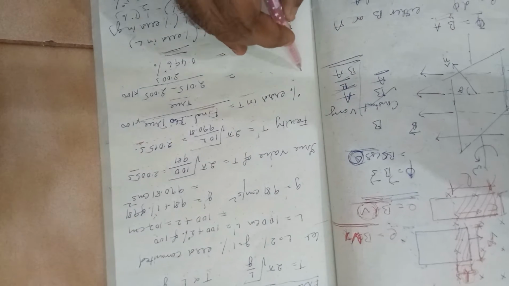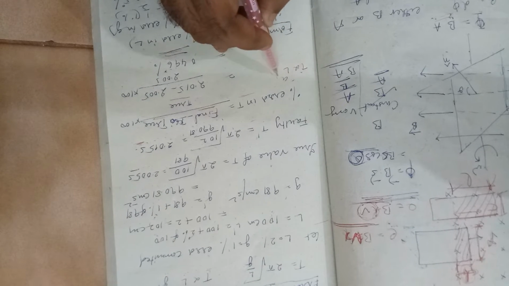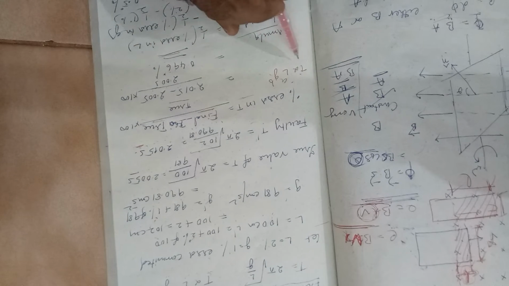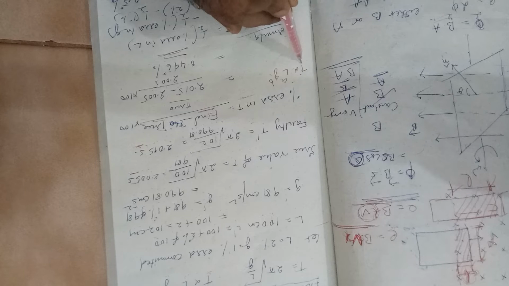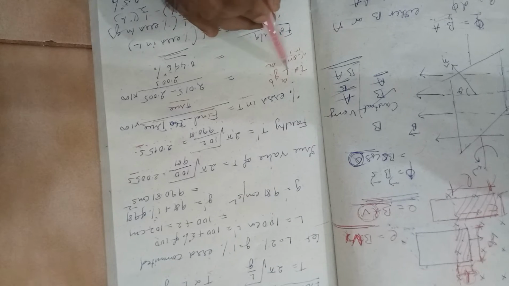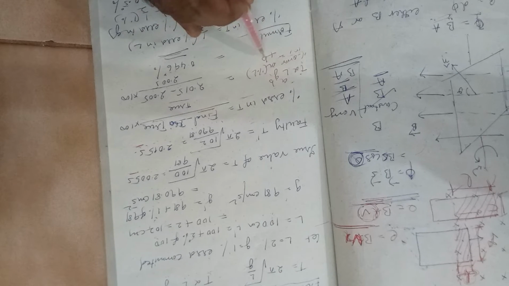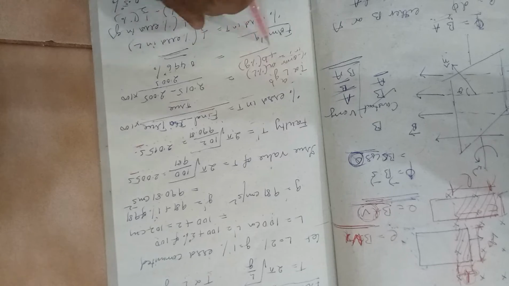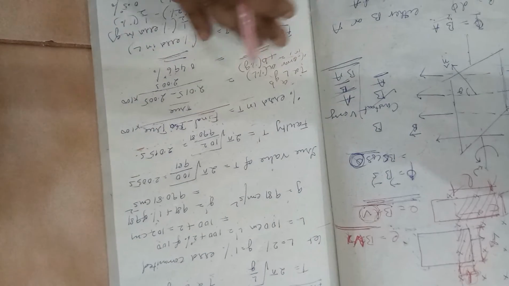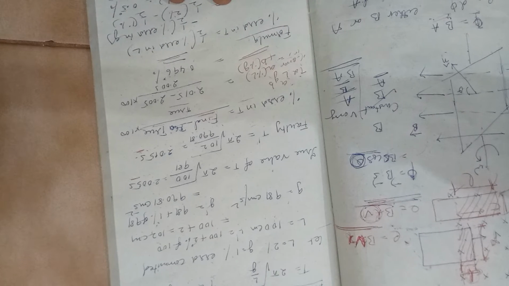It says that, let us say a physical parameter t is proportional to some L power A and G power B. In this case the percentage error in t will be equal to A into percentage error in L plus B into percentage error in G. This power becomes a coefficient. This is the formula. There can be n parameters. It will continue. This A and B can be positive, negative, or fractions also.